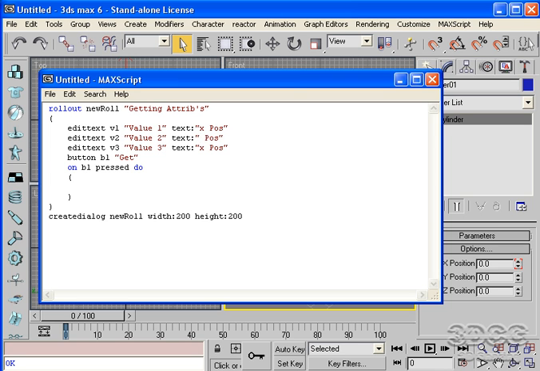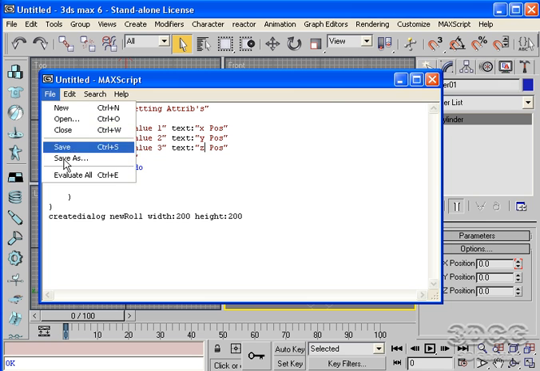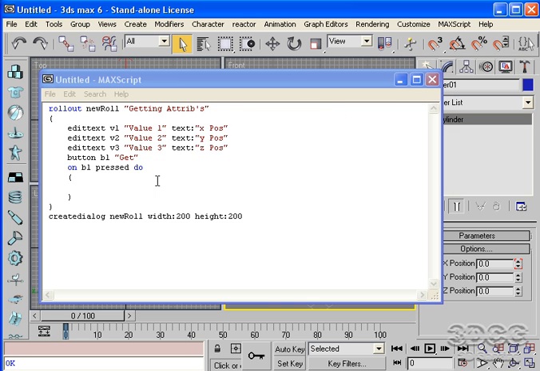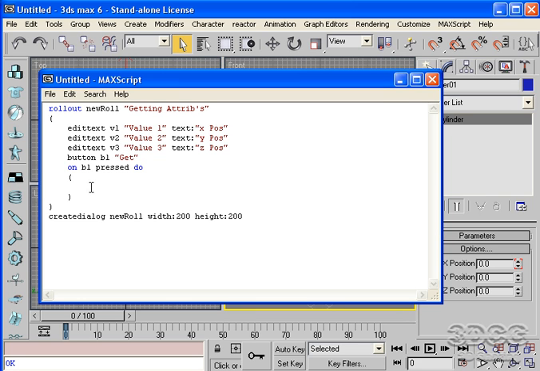So now if we go ahead and evaluate, we've got these boxes instead that we can actually type in, and it'll just make it easier for capturing the values. So on B1 pressed, we'll finish off this now. V1 dot text, so value 1 text, so we're going to be changing this part, the expos, is equal to, now